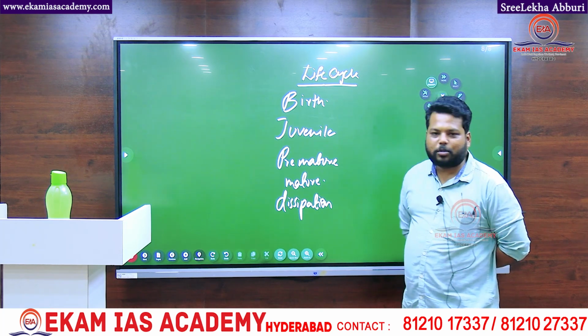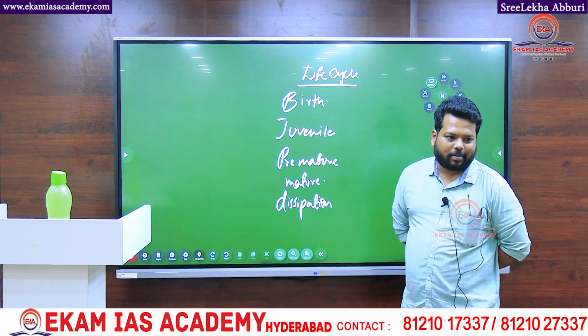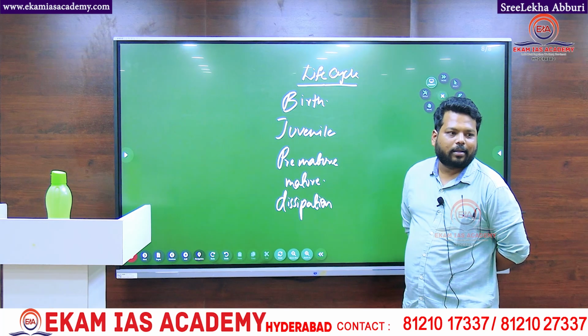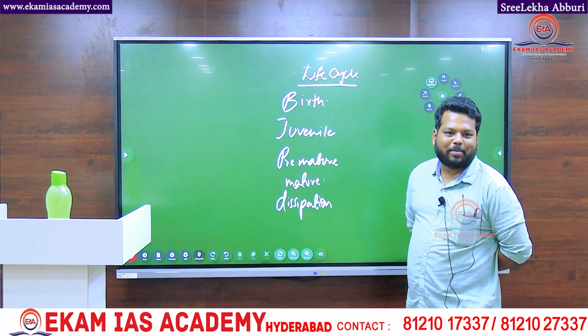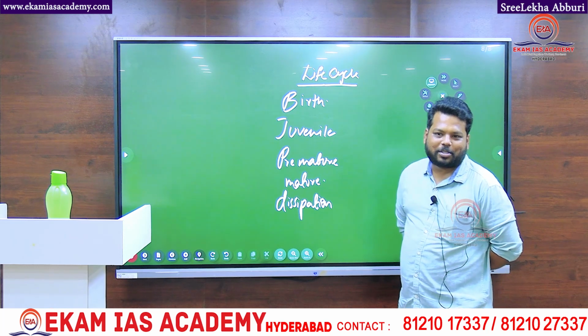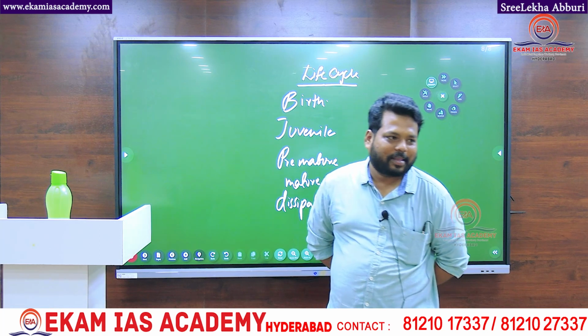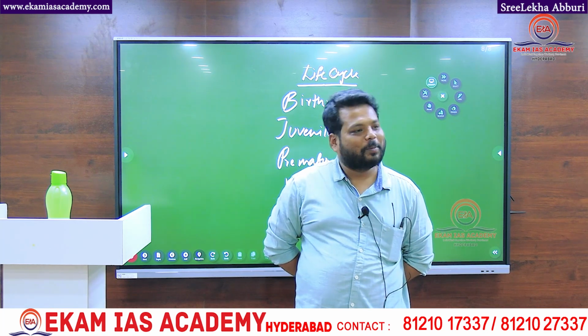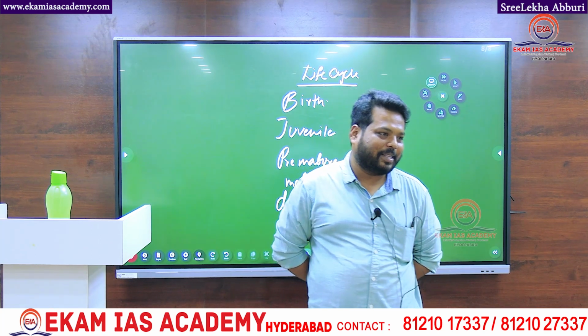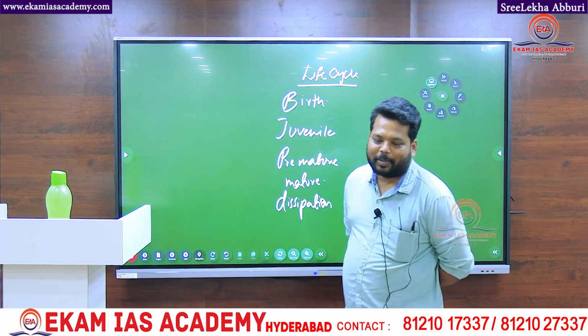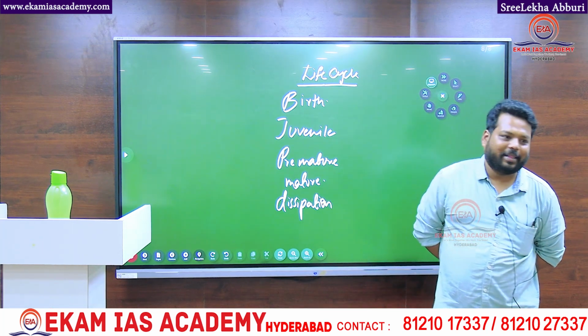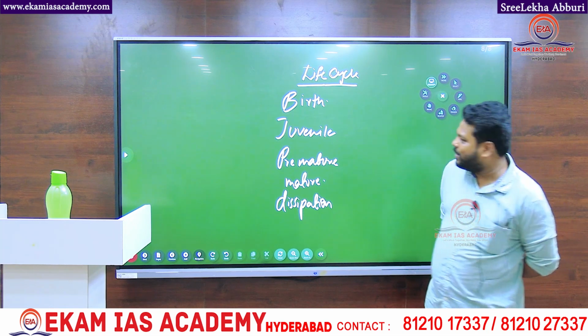Which stage are you most likely to love in these 5? Premature, mature stage. Mature stage comes when you reach 30 years of age. Juvenile, मतलब कुछ भी करो चल जाता है ना. You beat someone, you become a thief. Birth में तो like